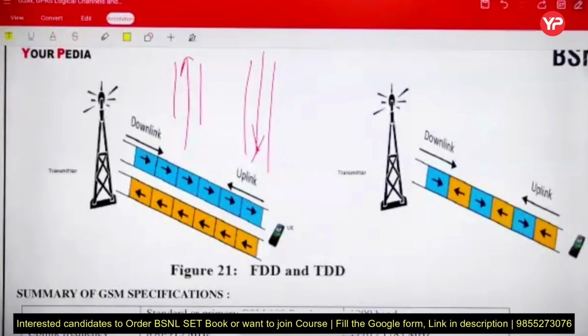टावर को, कि यार मेरे को इस वेबसाइट को एक्सेस करना है। तो मैंने वेबसाइट को जब एक्सेस की रिक्वेस्ट भेजी, तो मैं किसके थ्रू भेजूंगा भाई? अपलिंक के थ्रू भेजूंगा यहाँ से रिक्वेस्ट। फिर टावर क्या करेगा, सर? वहां से उसको इन्फॉर्मेशन को गैदर करेगा, फिर आप तक ट्रांसमिट करेगा, राइट।